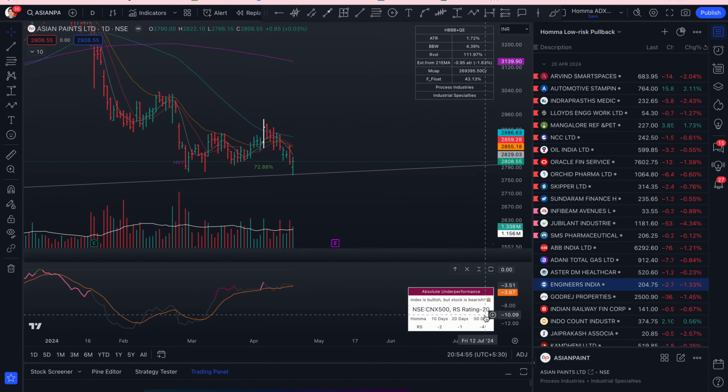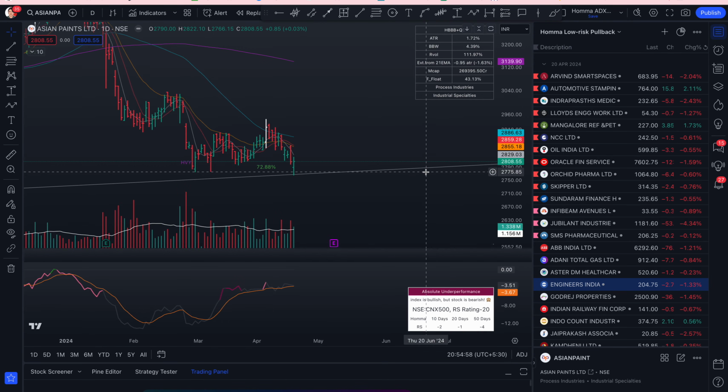ठीक है। तो आप देखिए एशियन पेंट्स का रिलेटिव स्ट्रेंथ कितना है, 20 है, ठीक है। मतलब नहीं नहीं, रिलेटिव स्ट्रेंथ, RS रिलेटिव स्ट्रेंथ इंडेक्स नहीं, ये रिलेटिव स्ट्रेंथ है। माने कि अगर आपके कक्षा में 100 लड़के हैं, ठीक है, और 100 लड़कों में से 20 लड़कों के नंबर 80 से ऊपर हैं, उनमें से आप भी एक बंदे हो, आपका नंबर है 81, ठीक है। तो 80 लोगों के मार्क्स आपसे कम है, तो आपका रिलेटिव स्ट्रेंथ का नंबर हुआ 80, समझ रहे हो। तो एशियन पेंट्स मार्केट में बस 20 बंदों से ज़्यादा रिटर्न बना के दे रही है।